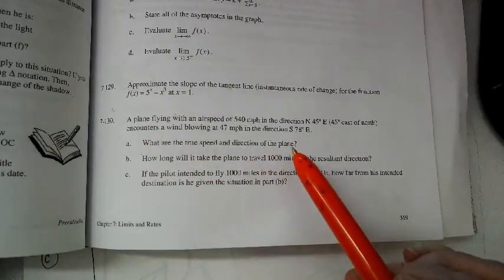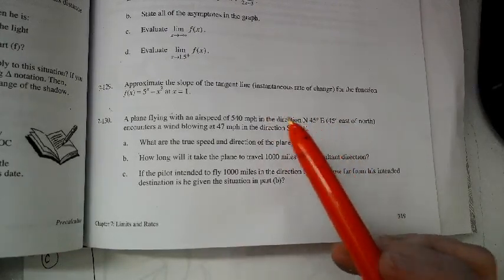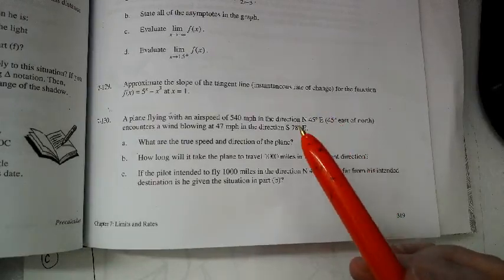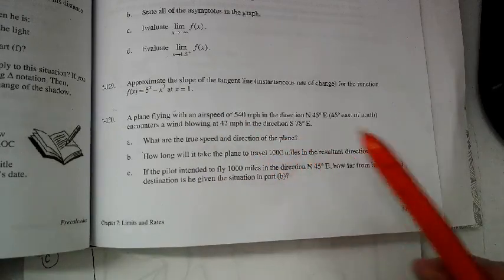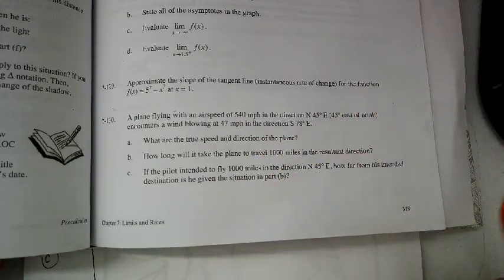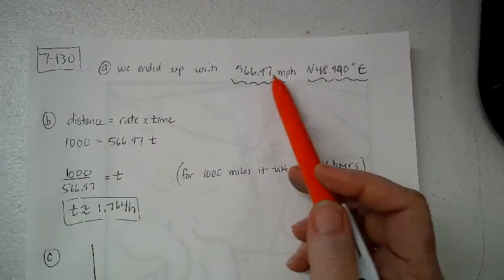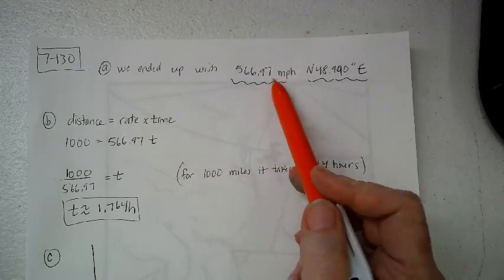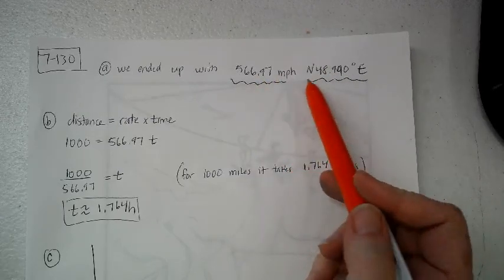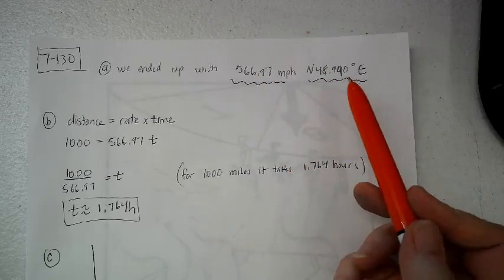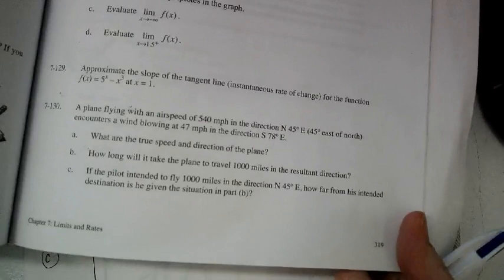So we found the true speed and direction of the plane by adding the component form of the vectors for the airspeed of the plane to the component form of the vectors of the wind, and then we put it back in polar form, and I think I have all that written here. We ended up with this, the miles per hour, and this is the direction of the plane when it's being pushed by the wind. Okay, and then on letter B it asked us how long will it take the plane to travel 1,000